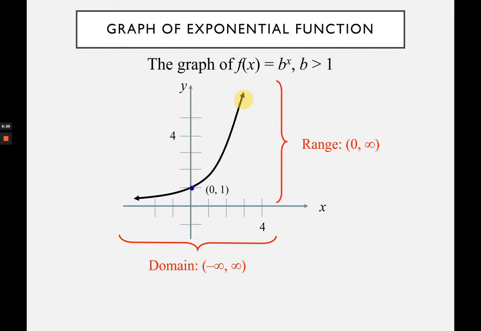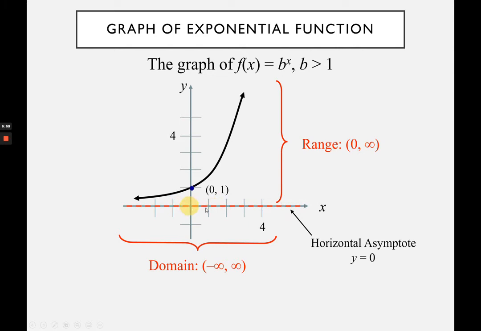This graph will just extend slower and slower going to the right, but this graph on the left will just seem to extend forever. It seems to approach closer and closer to the x-axis, but it does not meet it. That is one of the special properties of exponential functions, which is called an asymptote. Here in this case, this graph seems to get closer and closer to the